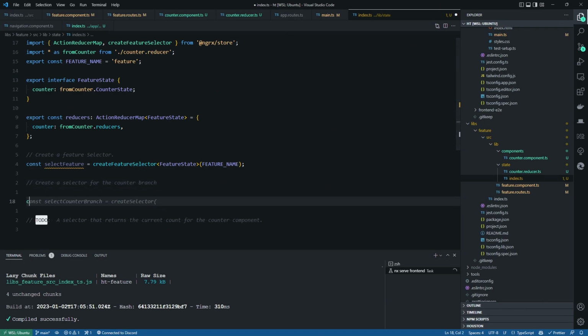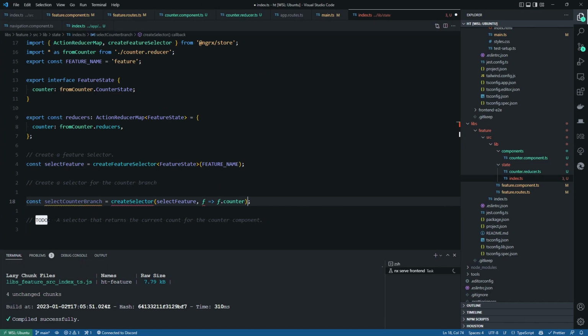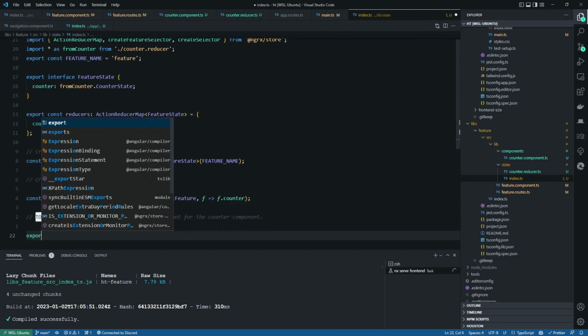Create a little memo-wise selector. Using the create selector method here. And finally,